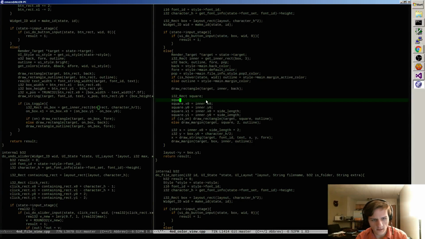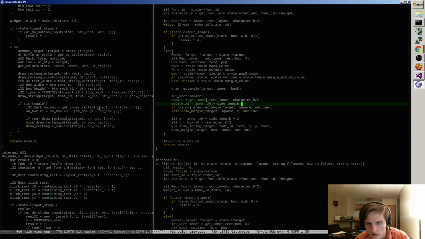Square on the inside is the inner rect of the rectangle we're already on, and character H over 2. We already have character H, so that's good. And then the only one that has to change is that X becomes X0 plus